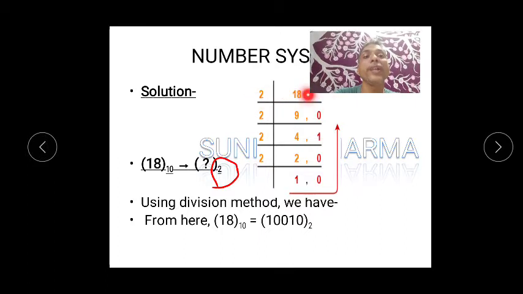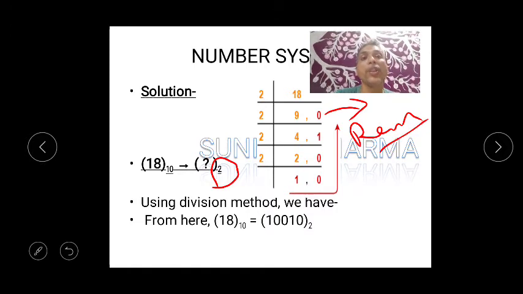So 18 divided by 2, and remember we are interested in the remainder, so these are your remainders. We are very much interested in the remainder, because the remainder is your answer. Okay, so here you can say that this is your base. Suppose I divide 18 by 2, so you will be getting 9, 2 9s are 18, remainder is 0. I hope you understood it.